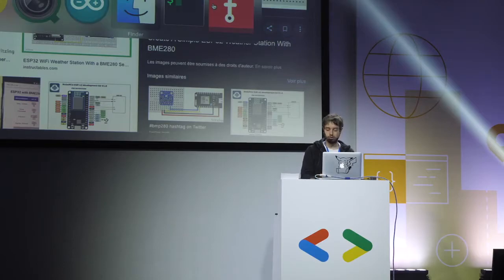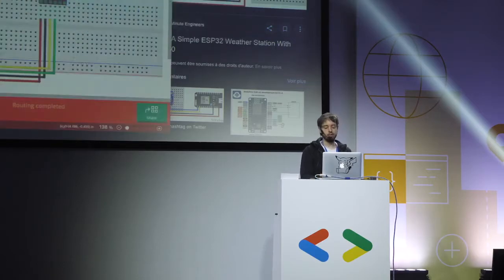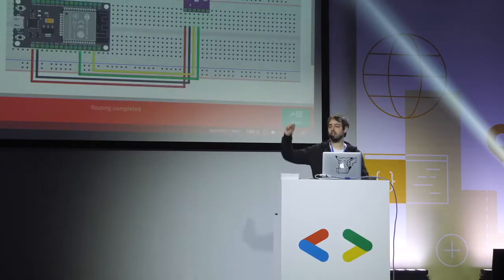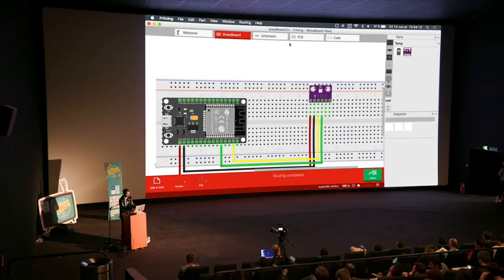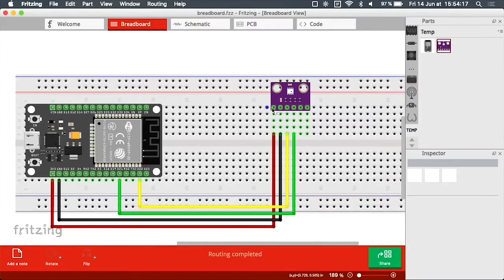Okay, so to save us some time, I already plugged everything together. I used a tool called Fritzing. Fritzing is a very nice tool because you can drag and drop components, and then you can connect them very easily. So I drag and drop a component which is very similar to my microcontroller unit, and I drag and drop a component which is similar to my sensor. And you can see that the VCC line for power is actually connected to the 3.3 volt. GND is connected to GND,